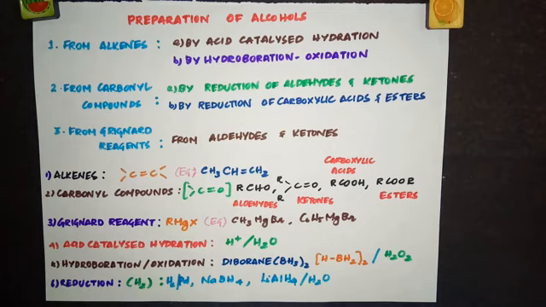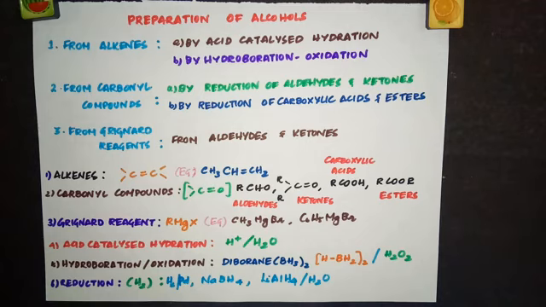And remember one thing, for learning and writing these organic equations without mistakes, the first thing is to know the structures very clearly. So when we say alkenes or carbonyl compounds or Grignard reagents, you should be very clear what are these compounds and what are the structures of these compounds. So first let's see those structures.